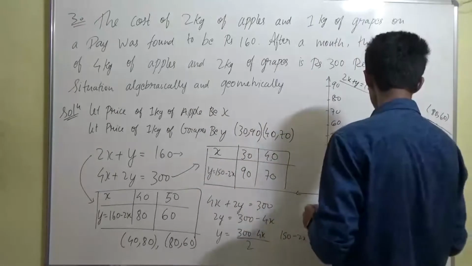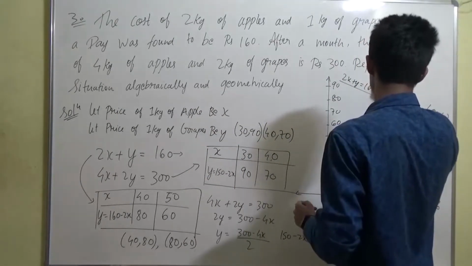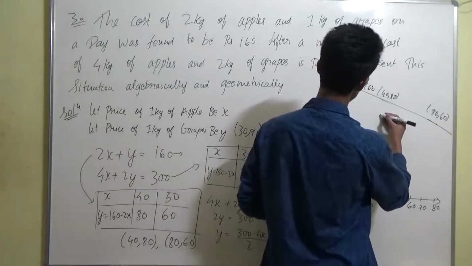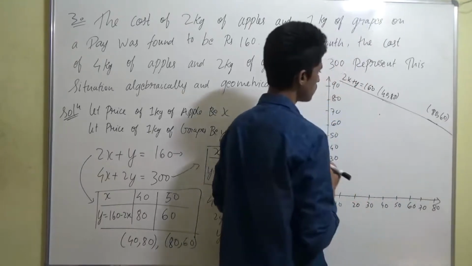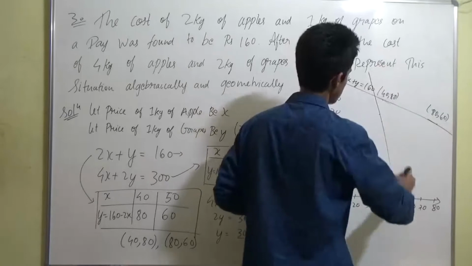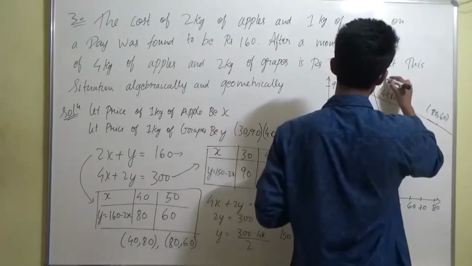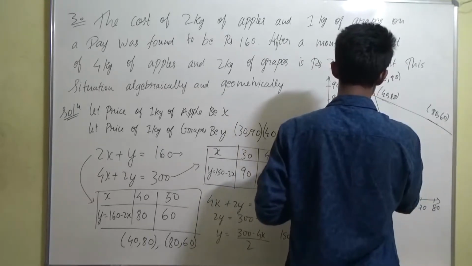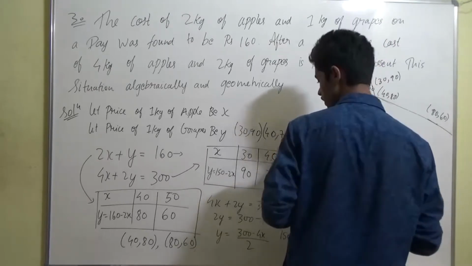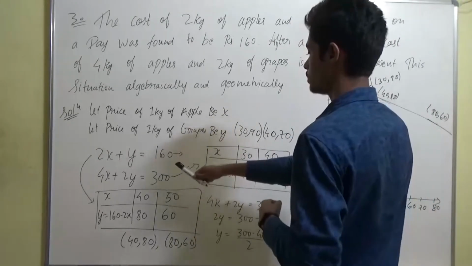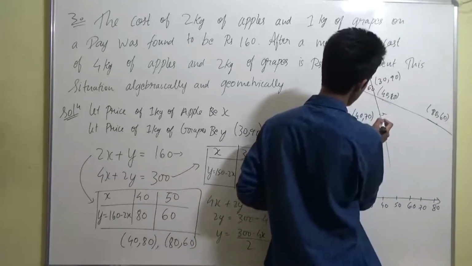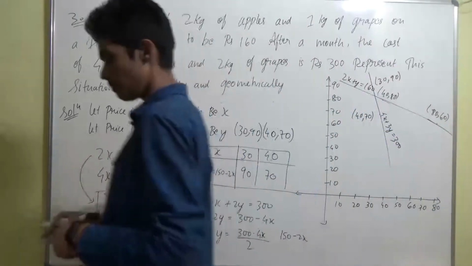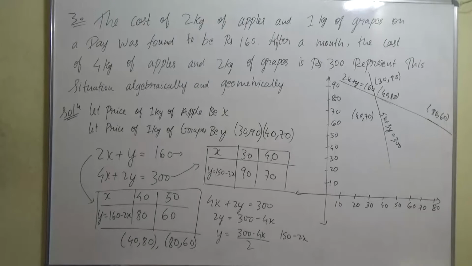Now let's go for the second one. The second points are 30, 90, which will be somewhere here, and then 40, 70 is here. Done. We got these 2 points. Now we have to join these 2 as well. This was 30, 90, and this one was 40, 70. Now we have to write this equation, 4x plus 2y equal to 300. These are the 2 lines which you got graphically. That's it guys, as simple as that. Now you can take the screenshot.